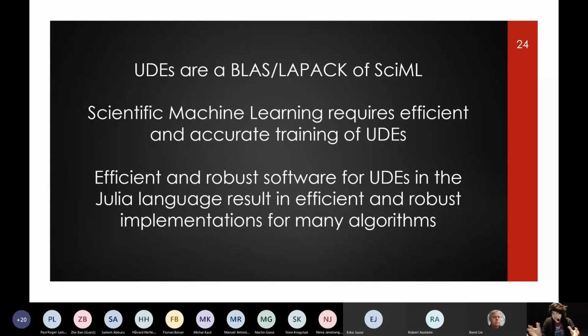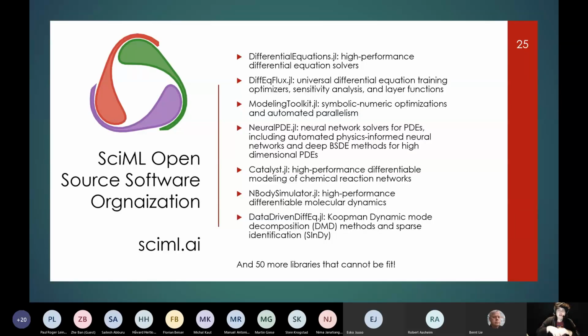So how do we actually get this library that can handle hundreds of differential equation solvers and all these different equation forms? Well, the way that we got there was we built this scientific machine learning organization with automatic composability between these libraries. So there's more than 50 libraries inside of the SciML open source organization, so I can't fit them all on a slide. But some of the key ones that interest a lot of people here are DifferentialEquations.jl, which is the underlying high performance differential equation solvers. There's DiffEqFlux, which showcases this training of neural networks and other terms embedded within there.